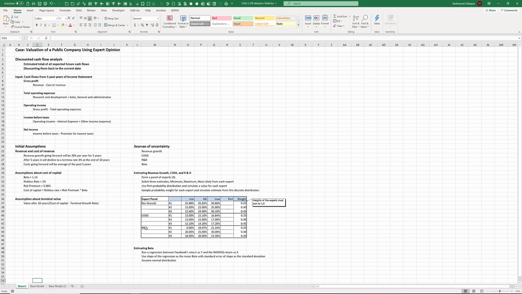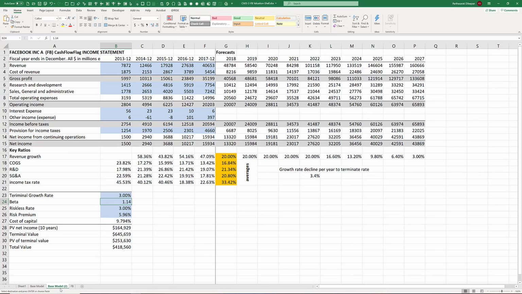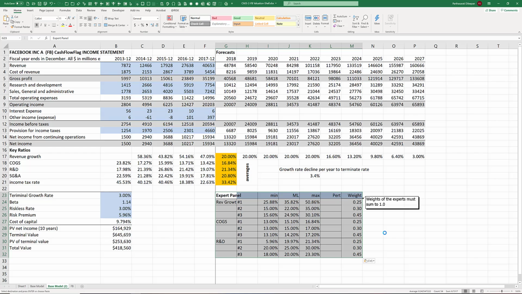So let's copy the weight and estimates. Okay, so let's do that here. So these are numbers that the experts have provided from their reports. So these are the weights. Now we're going to use PERT to simulate